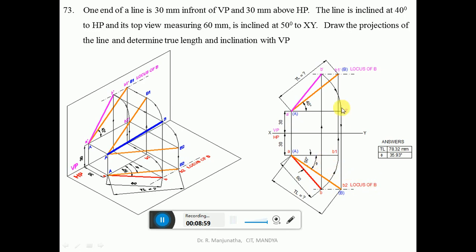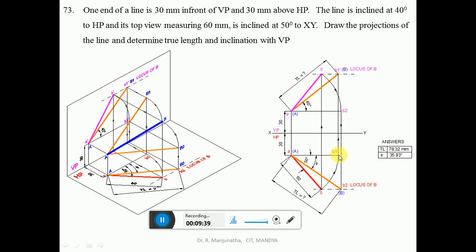Now we need to find out the locus of B in the front view. To do that, we know that the true inclination with respect to HP is given, so obviously that can be seen in the vertical plane. So now this is going to be the true length line. Since this line has to be in true length in the vertical plane, obviously that line has to be parallel to VP. Which is the line which can be made parallel to VP? The line which is inclined to VP, that means the top view. With A as center, take the radius of AB and draw an arc using the compass, such that AB1 is parallel to VP. So that is what we have done, AB1 which is parallel to VP.